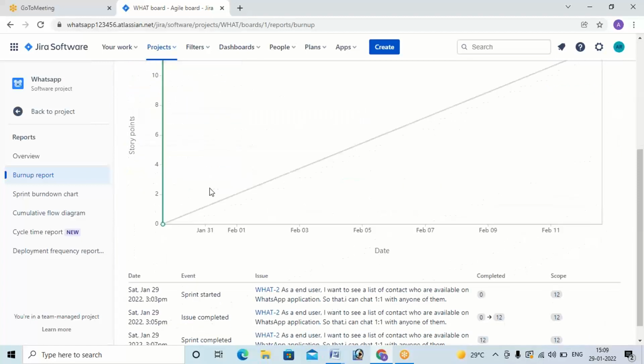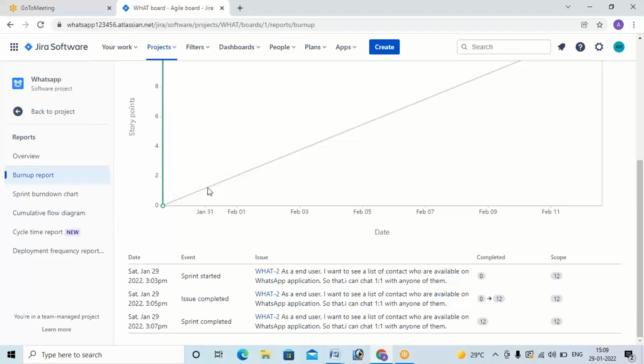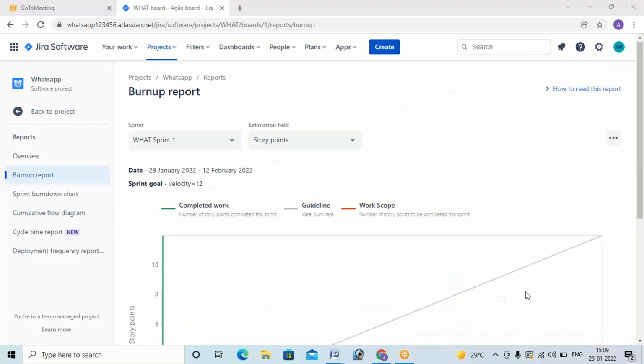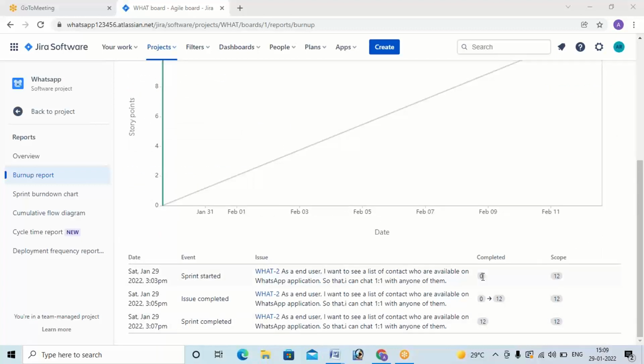And this will be helpful to identify how much work remains to complete the process, and when it has been started, at what time, each and everything is going to be captured by this burndown chart. Okay, and from which stage to which stage it has moved, that also you are able to see here. Even a single thing is going to be captured by Jira software. Okay, coming to the sprint report,